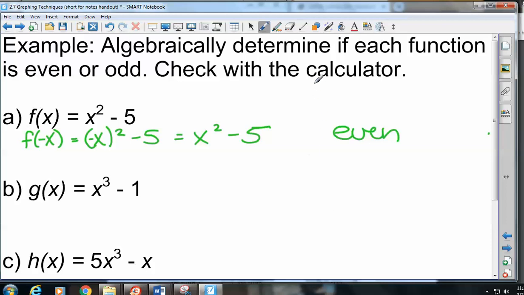When you type that in, you saw it was a parabola just shifted down 5. We didn't even need a calculator for that. That was transformations. So we can tell that it's symmetric to the y-axis, which means even. This one. So if you plug in a negative for your x,